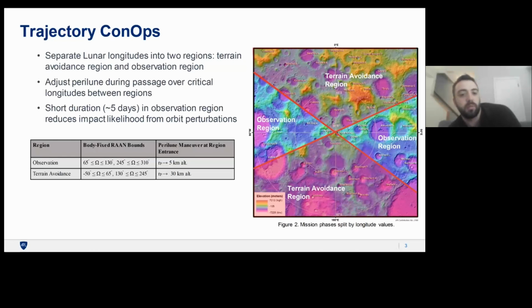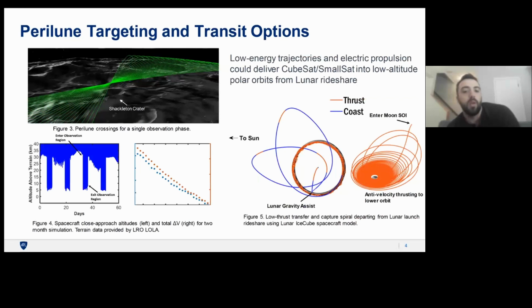Next slide, please. So we've modeled this in high fidelity, put together a 2-month simulation to try to quantify the delta V that would be associated with this concept. And we're very pleased with the fact that overall it's very low, and so it's typically 3 to 5 meters per second per burn. So that's well within the existing propulsion capabilities for small spacecraft, and it's something that we could extend to many